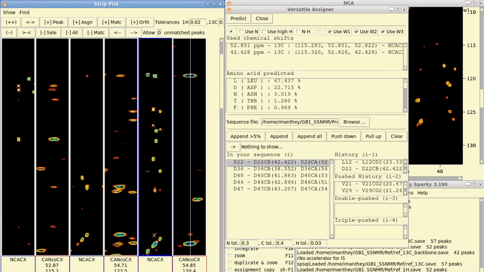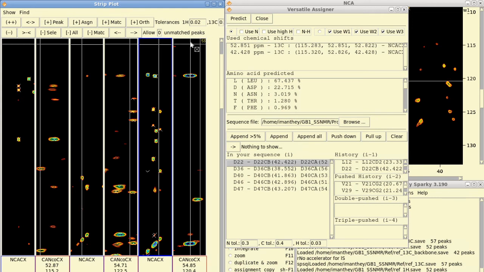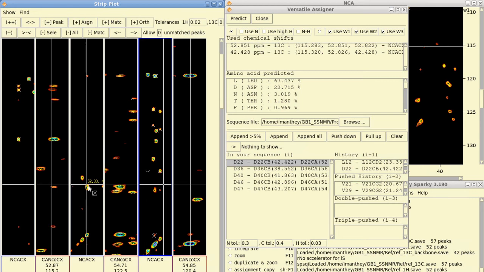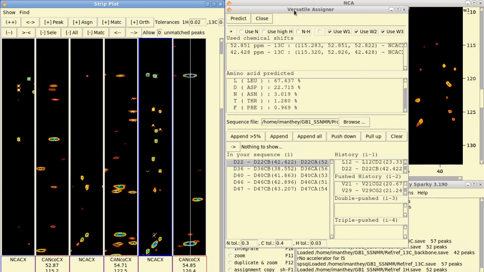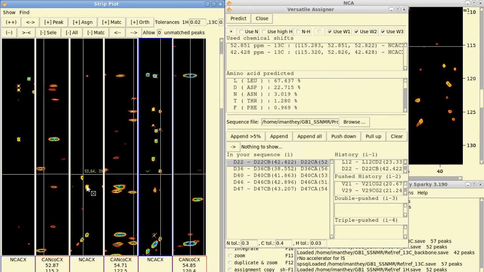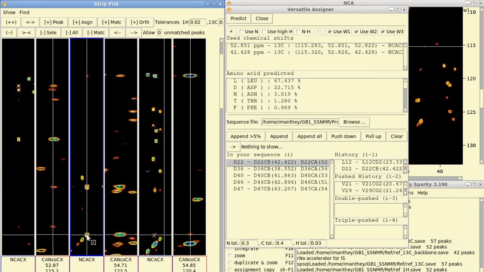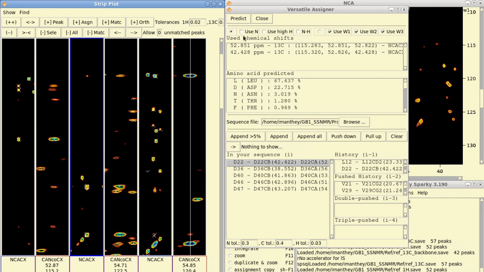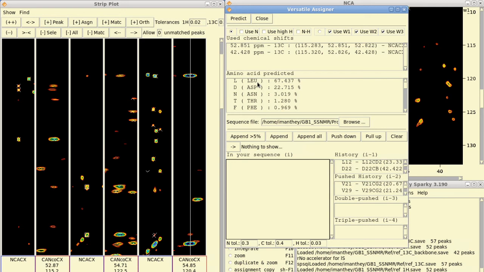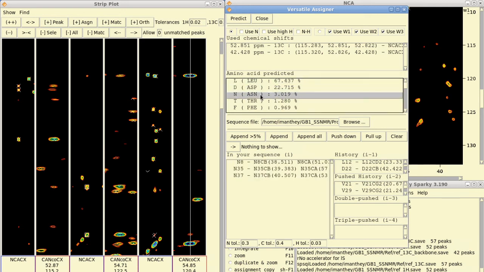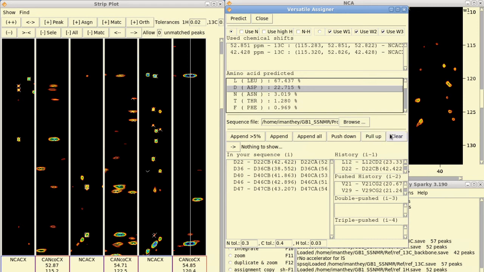So once you have validated those things, if you would like to assign these carbons directly from Versatile Assigner, we can select whichever carbons you'd like. I've gone back here to D22, and you simply predict those. You're going to get these up here. Remember which one that you are on. We are on D22 right now, and you can come down here to, in your sequence, the I residue, and